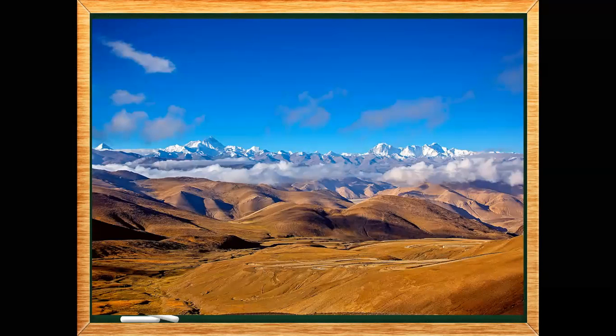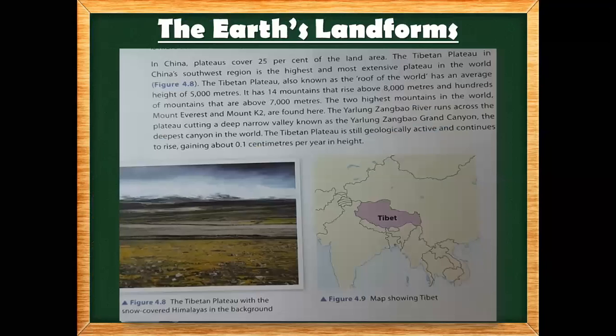Okay, so see, this one is the picture of the Grand Canyon's mountains. There are hundreds of mountains, and in between there is a river also. This is the picture. I took it from the internet for you. It's the Yarlung Zangbao River across the valley, the Zangbao Grand Canyon mountains. Okay, so if you see in the picture on page 39, the Tibetan plateau